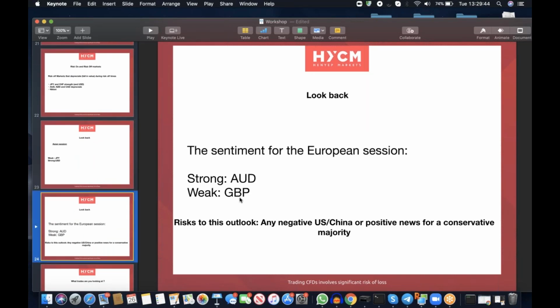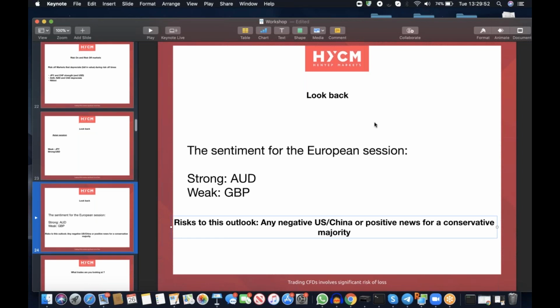got weak pound. So what was the risk to this outlook? Risk to this outlook, any negative US-China or positive news for Conservative majority. Now, that was the situation. Now, I'll show you